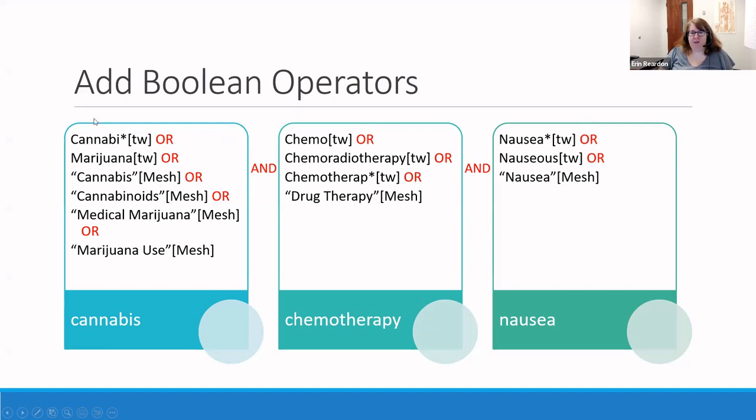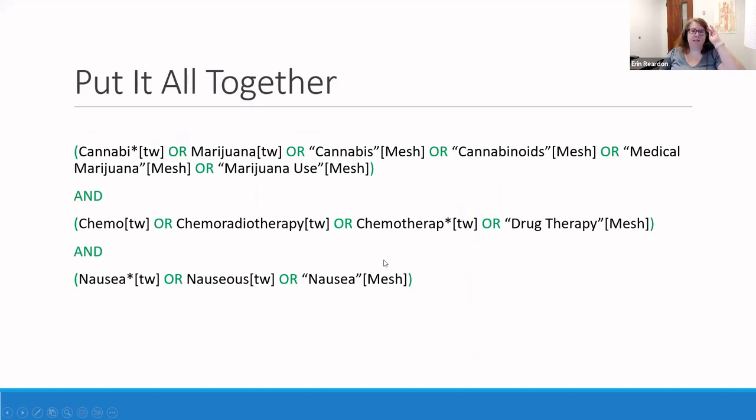So this is going to find an article that says marijuana and chemoradiotherapy and nauseous. It's also going to find articles that have the mesh term marijuana use and the mesh term drug therapy and the word nausea in them. Right, so when you are building out your concepts and you have all these synonyms and keywords together, you've got all of these words that you link with OR, and then you link the individual concepts with AND, which ends up looking like this. You've got this first concept, you've got the second concept, and you've got this third concept together. So you could copy and paste this whole thing into PubMed if you wanted to.